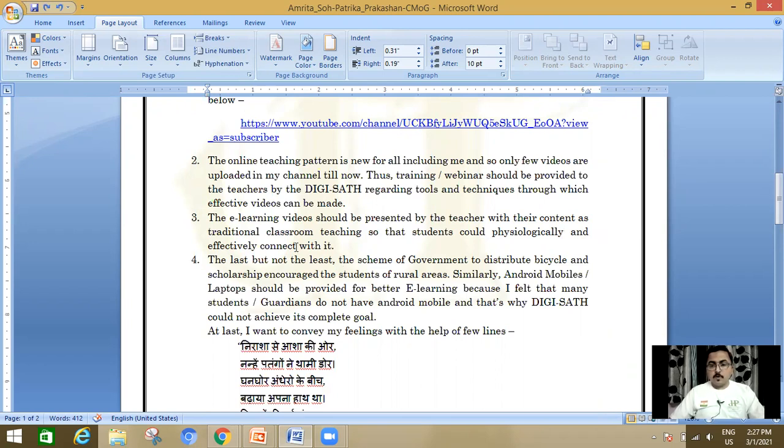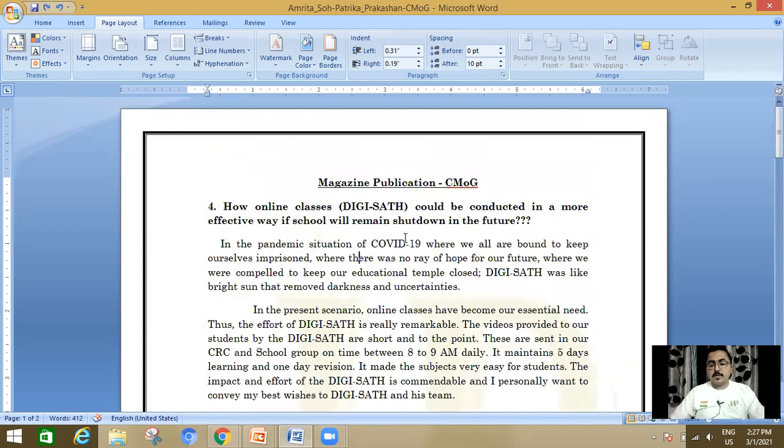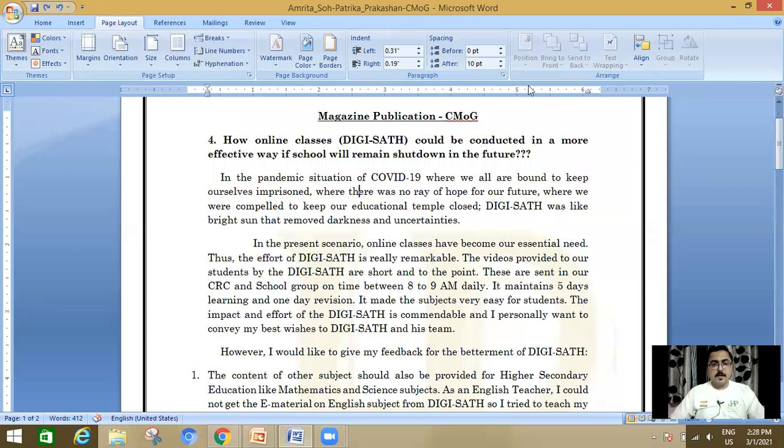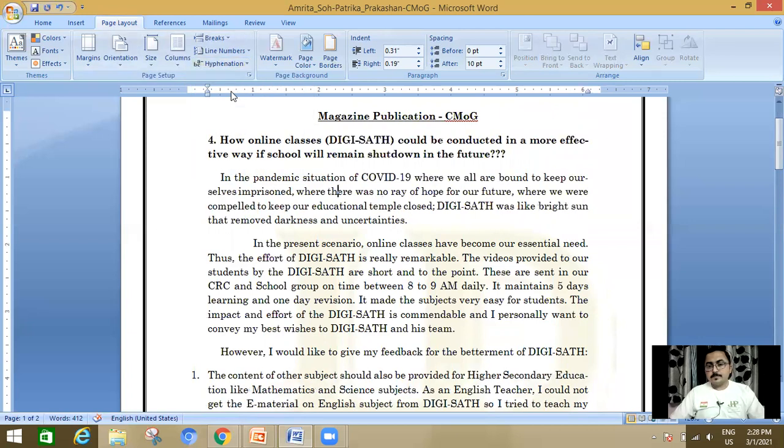Thus, the formatting does not look good. For that purpose, this hyphenation can be used. You can easily see that. I'm going to click on hyphenation, automatic.